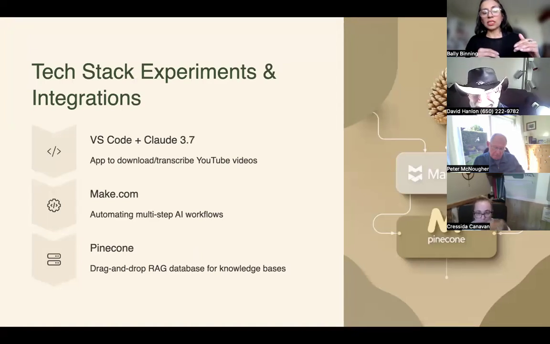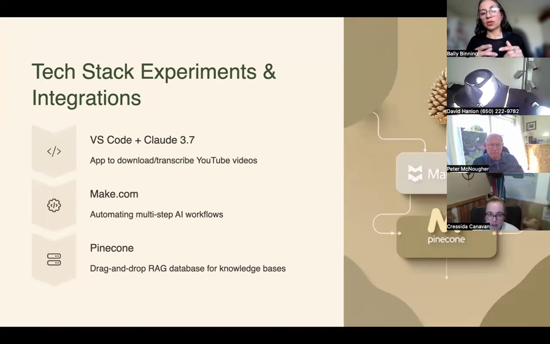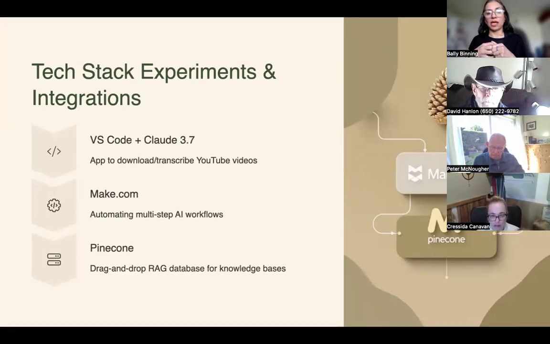So they're using these tools, and certainly with VS Code and Claude 3.7, they are able to transcribe YouTube videos, and that happens behind the scenes. Basically, you connect these apps, right? So if you're able to do that, there is a process involved.